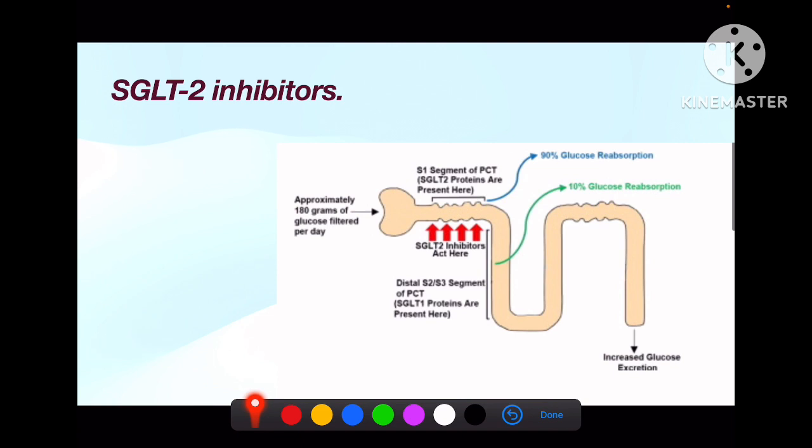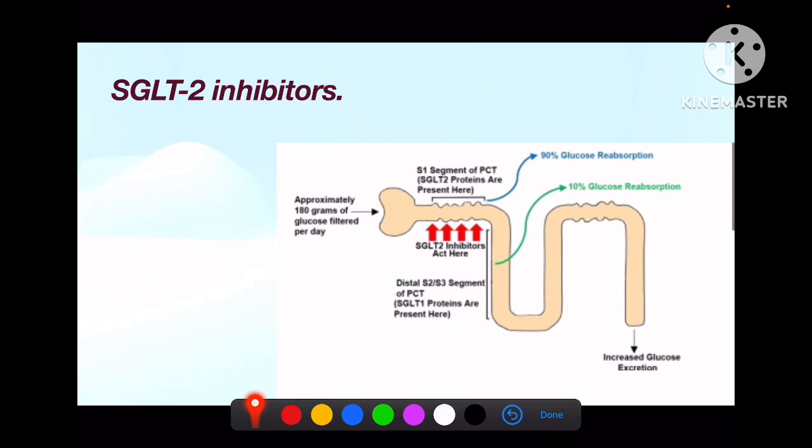Glucose will drag all the fluid, and that's why polyuria will also happen in this patient. Due to that reason, a little bit of fluid depletion, volume depletion, can happen in your patient. Then you have to advise your patient, when you prescribe such drugs, that they have to take adequate oral hydration,